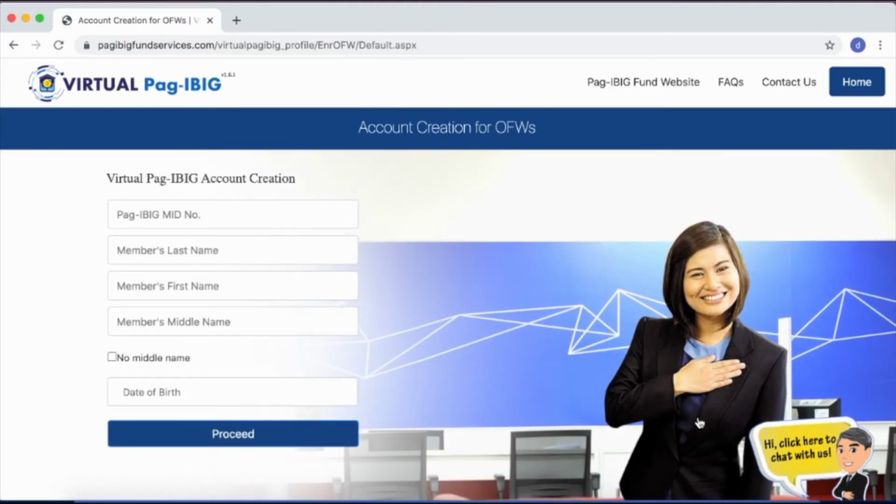And these are the requirements in order for you to create a virtual Pag-ibig account. Kailangan alam nyo po yung Pag-ibig MID number nyo. Then you have to put your member's last name, first name, and middle name, as well as your date of birth. So, if wala po kayong record ng Pag-ibig MID number nyo, based from my experience, it's better if you